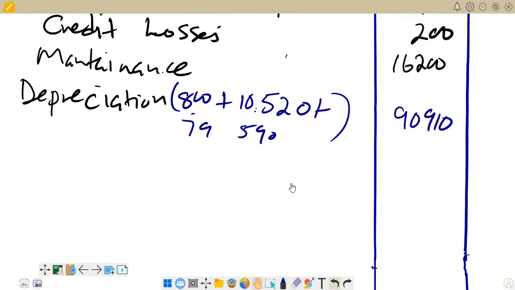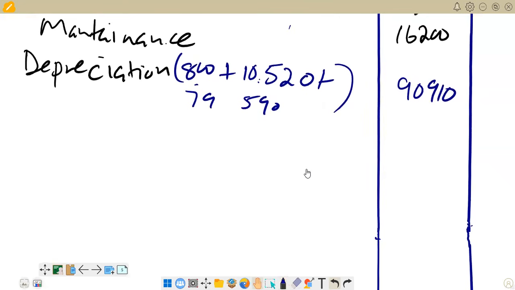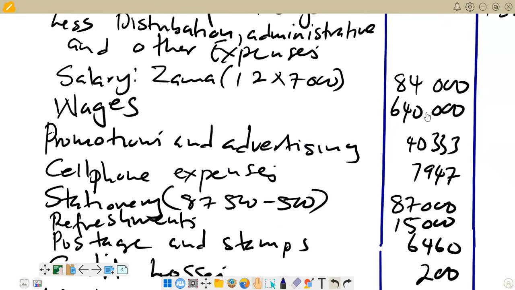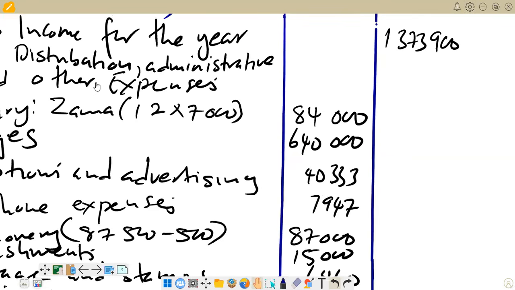We now add to get the total. We have now included all expenses. So we can add the total there in this column. We can add the total in that column. So if you add what we are having for all expenses there, the total is supposed to come here, the one that is representing distribution, administrative, and other expenses. So when you add there, the total that you're supposed to get there is 1 million